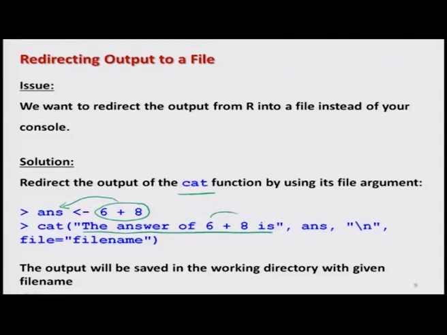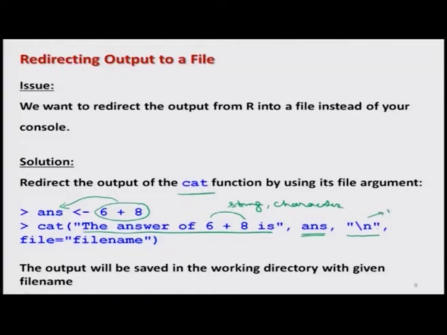This 6 plus 8 is going to be a string, a character, so that is not going to be added. Then whatever is the value of this variable ans, and then \n inside the double quotes,